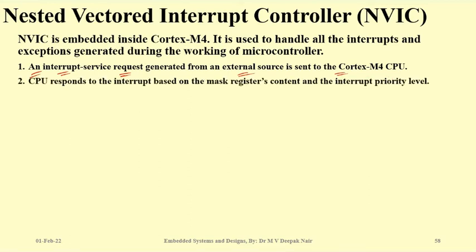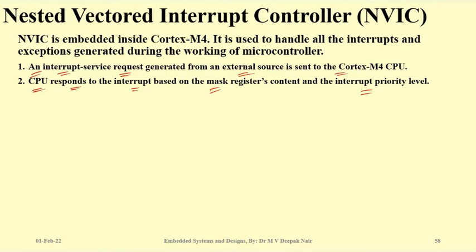Just like the 8085, it might be possible that the CPU is doing some other jobs. So the CPU responds to the interrupt based on its masking registers or the priority levels. So it will check these two things: whether the interrupt is masked or not. Masked means it is not allowed to come or not. If it is allowed, then what is the